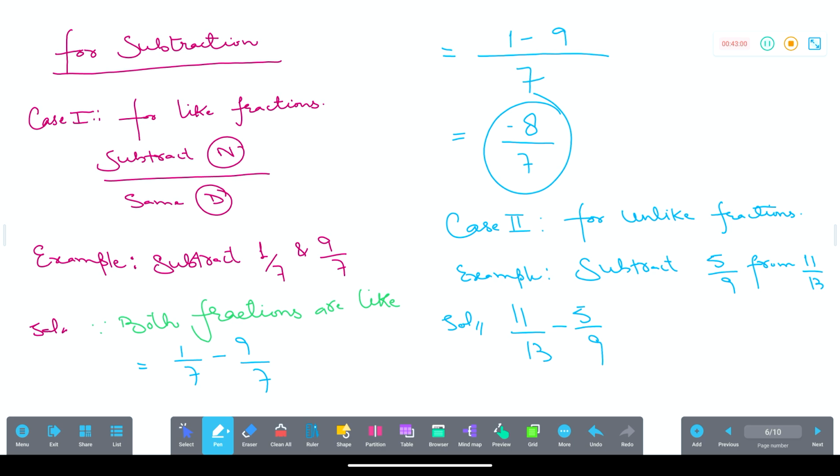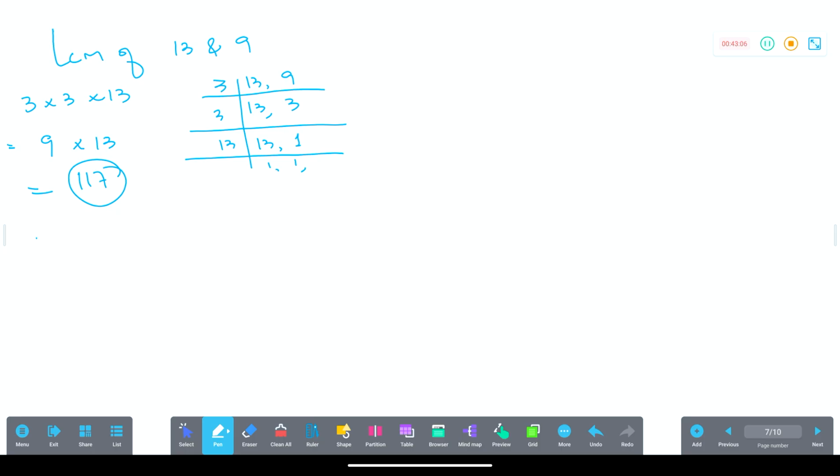First I will take 11 by 13. Therefore, 11 by 13. What should I multiply to 13 so that it will become 117? 9 at the bottom and at the top as well, to balance it. Minus. The next fraction was 5 by 9. So I am writing here 5 by 9. What should I multiply to 9 so that it will become 117? 13 at the top as well. 11 nines are 99, divided by 13 into 9 is 117, minus 5 thirteens are 65,